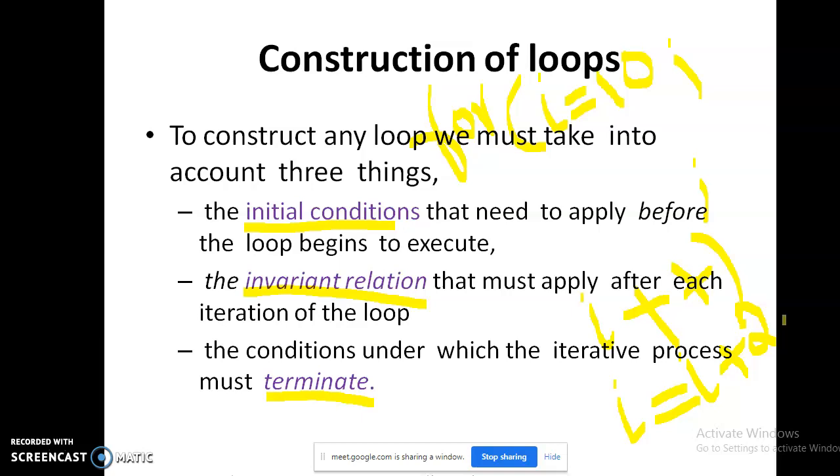Then one more thing is when we stop the execution. That is the termination condition. The middle part of the for loop specifies the termination condition.